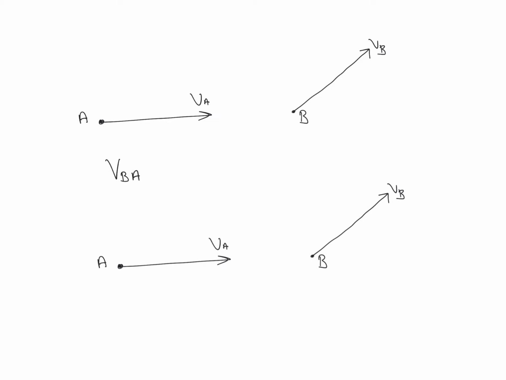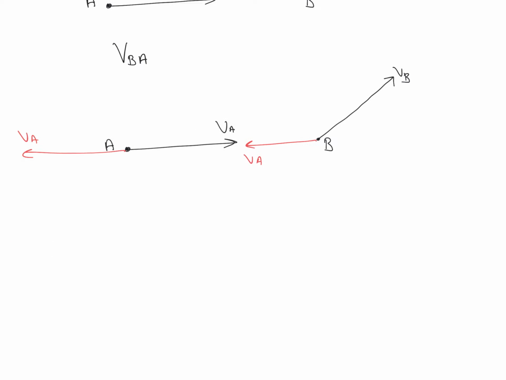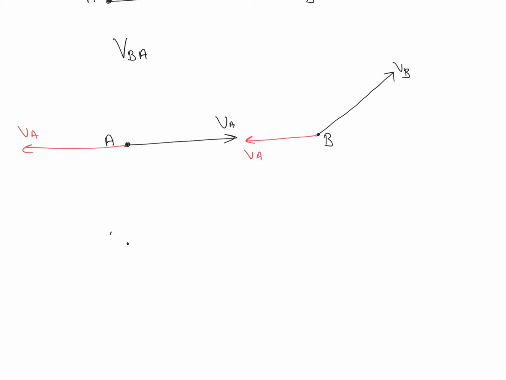So we reduce the velocity of the entire system by a factor equal to VA. Its velocity is also decreased by the factor VA. Now we can say that A is at rest. With respect to A, B is having a velocity that is the vector VB minus the vector VA. According to the parallelogram law of vector addition, this will be the resultant velocity, or this will give the value of the velocity of B with respect to A.